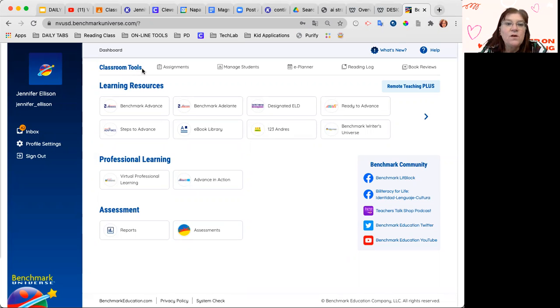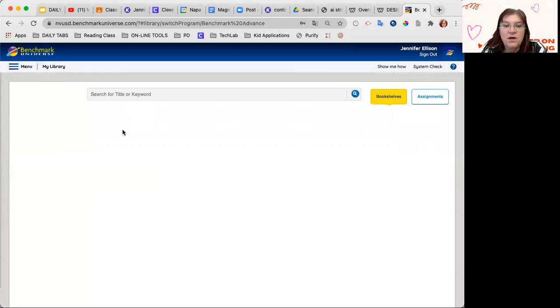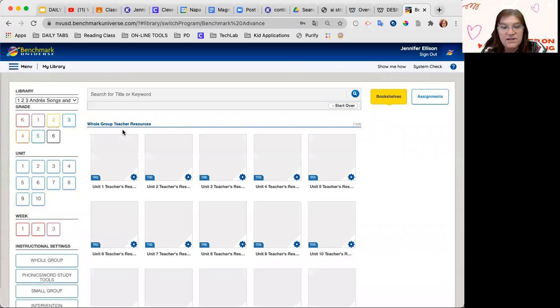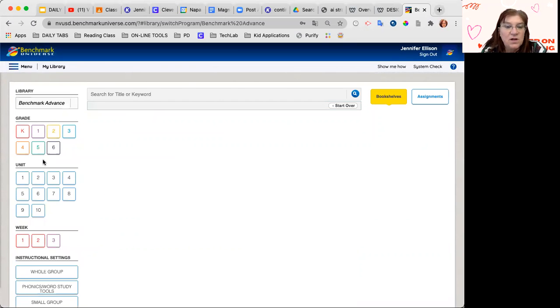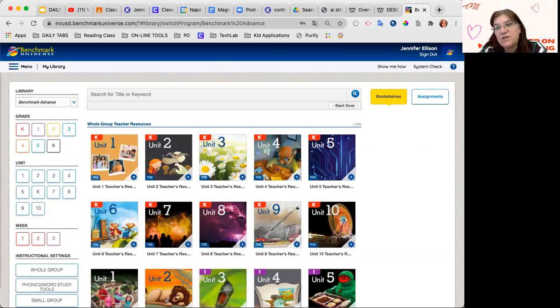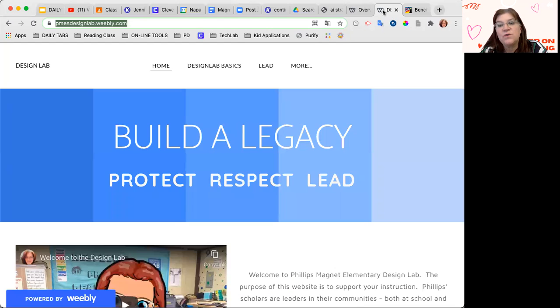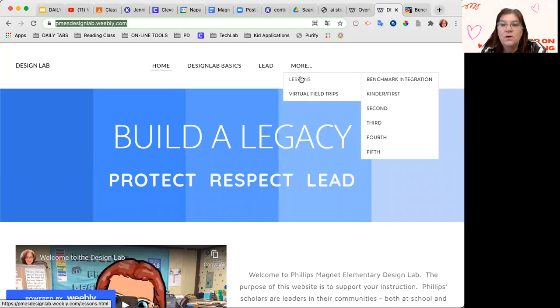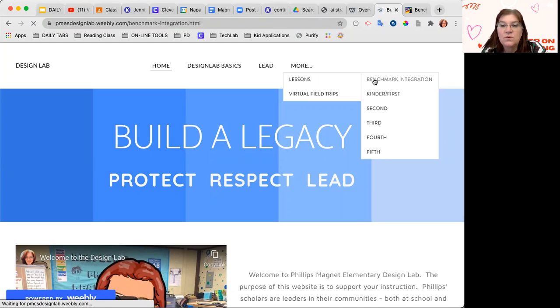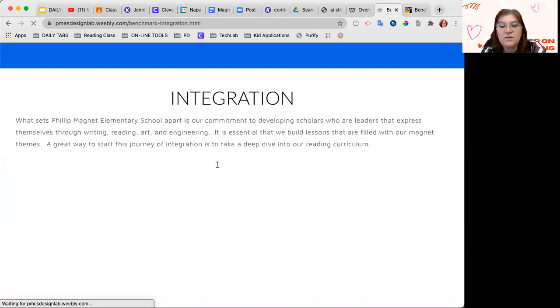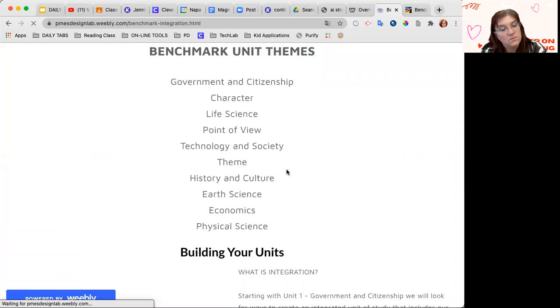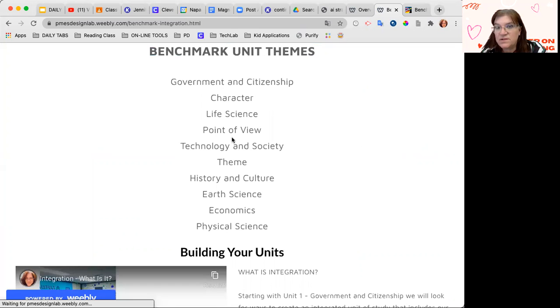So when I look at benchmark, one of the first things we did with the fifth grade team was look at the overall themes in benchmark. Let me just remind you of those. These themes right here are in every single benchmark book, whether it's a second grade one or even a seventh or eighth grade one. So we all have that in common, in that the first unit is focused on some aspect